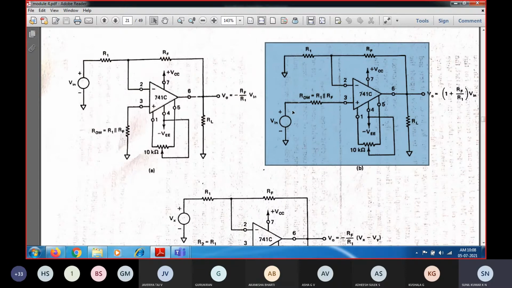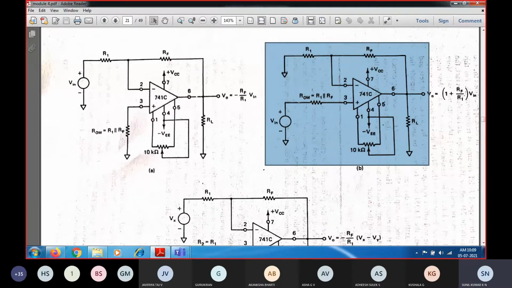If you draw the circuit diagram, you will come to know all the points which you need to find out. Suppose in the inverting non-inverting amplifier, you have to find out the equivalent resistance, that is, the resistance at the non-inverting terminal. So this resistance I should find out, and the value of resistance R1 and the value of the resistance RF, and what is the output voltage. These are the design parts, and only these values we need to find out. So you are going to calculate what is the value of RF and what is the value of output voltage.